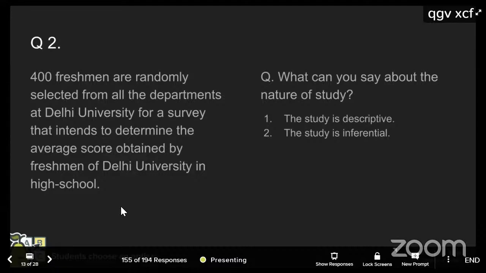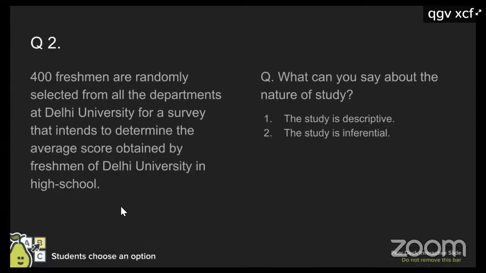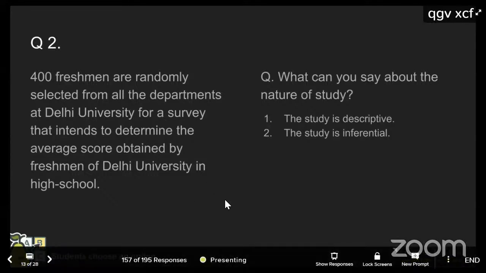Sir, my question is, if the population is too small, can we perform inferential? No, inferential can be done only on a sample, whether your population is small or large. But we have 10 cases, 10 observations, and we have to select sample data from those 10 population data. See, if you have a population of 10, then why would you select a sample? You can do the analysis directly on those 10 people. Then shall I perform it directly on the population? Yes.